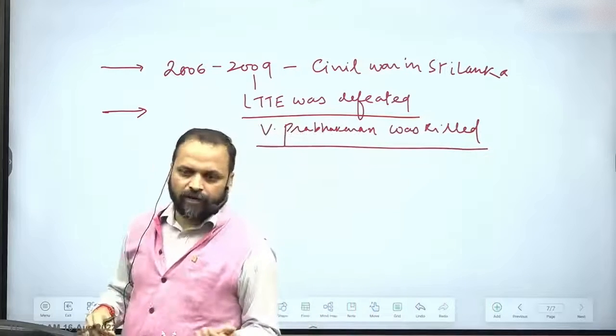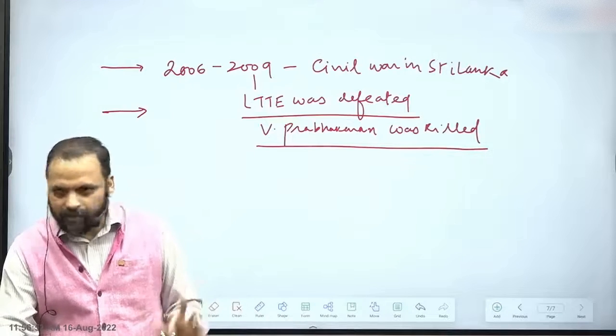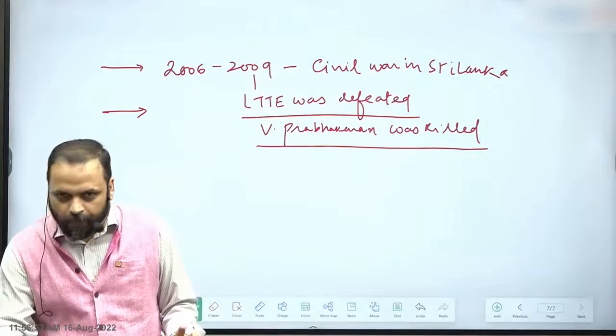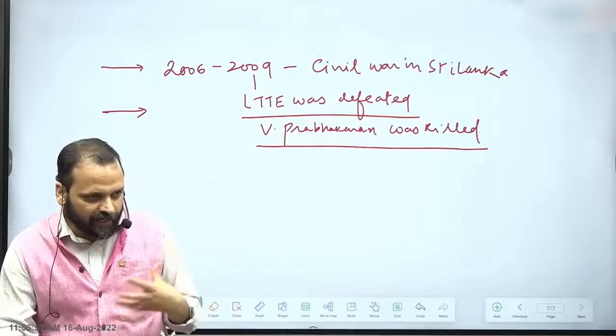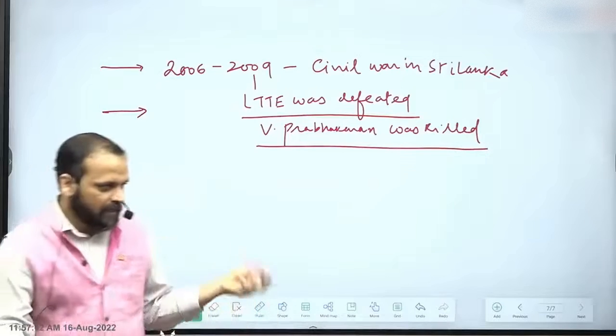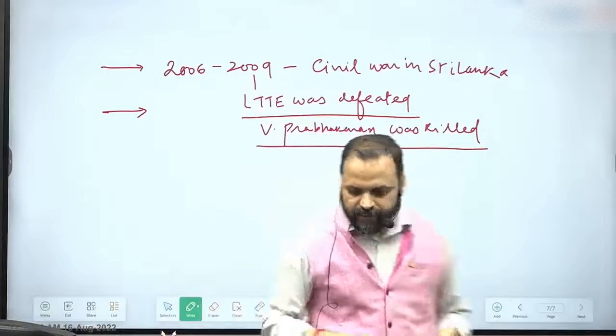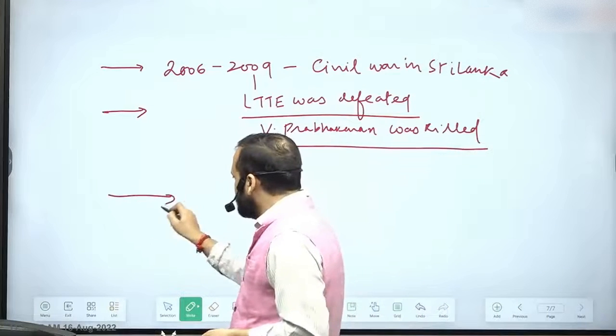So on the one hand, Sri Lanka succeeded in defeating the LTTE, and then the dismantling of the LTTE as an organization. Much of its leadership was wiped out or later apprehended, arrested. But then what happened was, in the same period, the